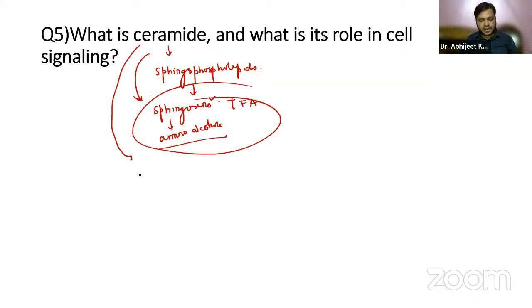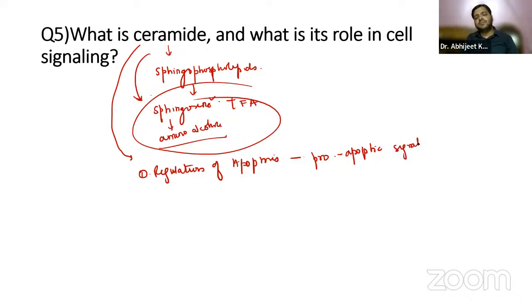You already know that it helps in the regulation of apoptosis. Ceramide is a pro-apoptotic signaling molecule that we have just discussed. It can trigger cell death by activating specific pathways,